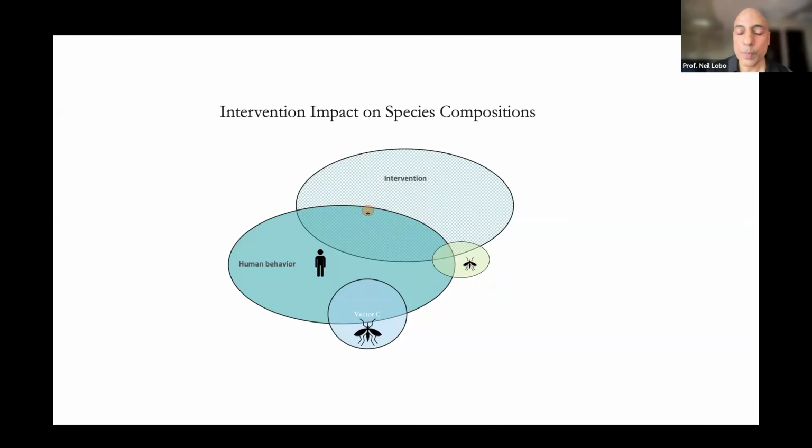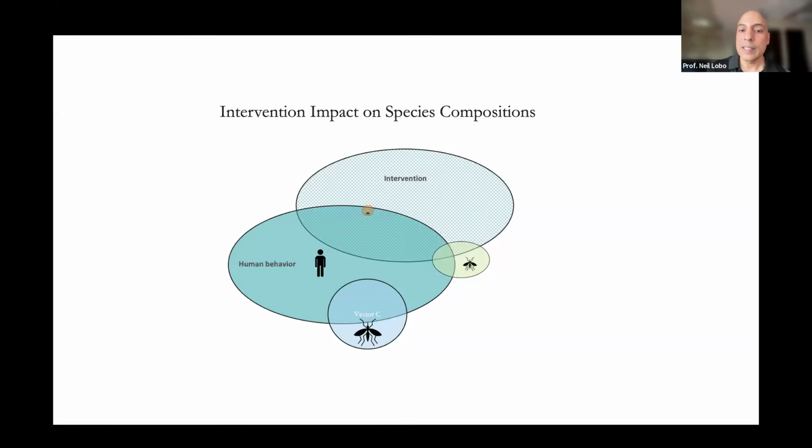So when you put an intervention like this into a system like this, if you understand the baseline behaviors and what's happening with your system, you can actually understand how your intervention will impact the system. And now you can monitor the changes over time because you're already expecting these changes to happen. So if you have this knowledge before you put an intervention in, you can actually see how impactful it actually is.